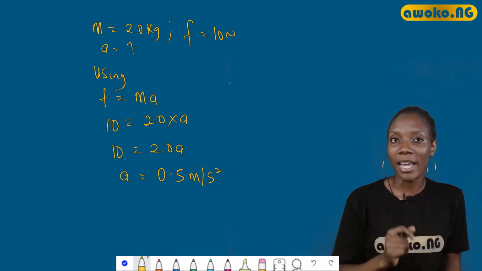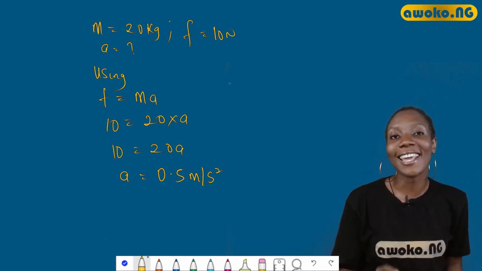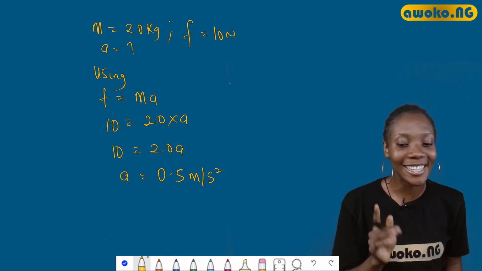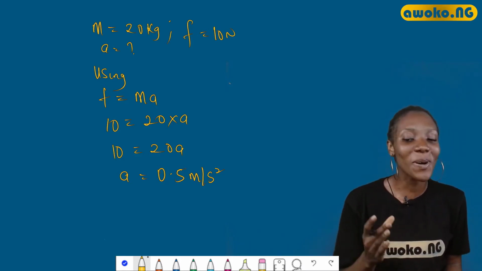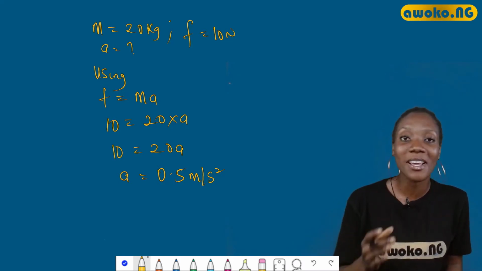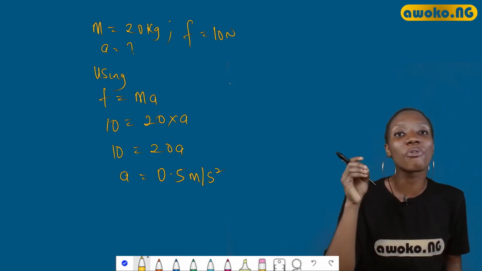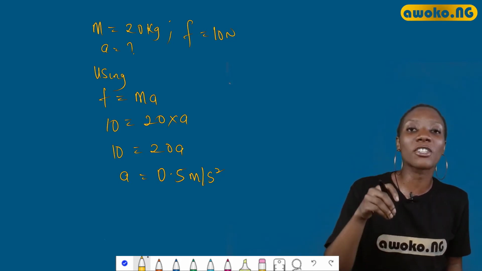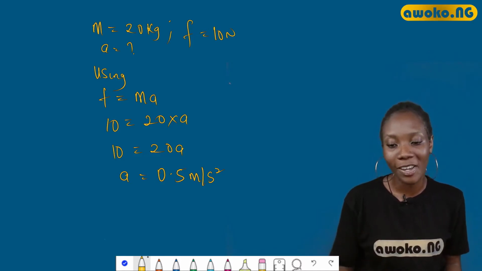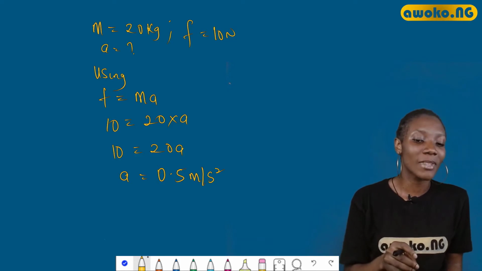Now let me take another instance. Let's consider two friends, A and B, having a fight between them. If A slaps B, what do you think will happen? To me, it is obvious. B will slap A back, you understand? So B will tend to react based on the effect of that slap, especially if the slap is very hot. I swear that if you slap me, I'll slap you back. Now, Newton's third law explains this.